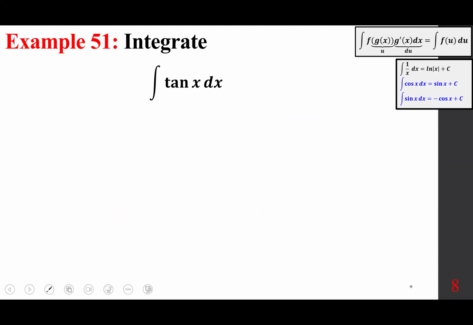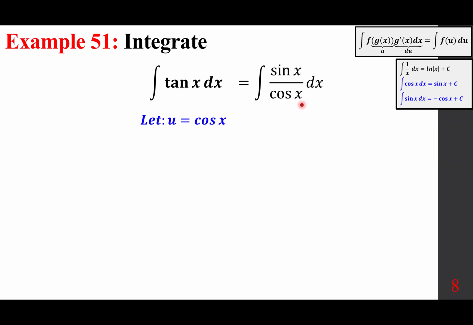Let's integrate tan x dx. To do that, we are going to use trigonometric identities. We know tan is sine over cosine. Anytime you have a fractional format, after you simplify it, and this one can't be, then the choice of u